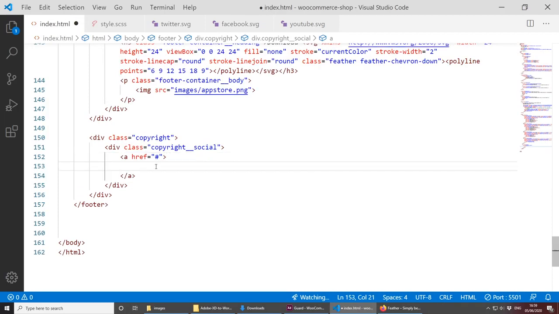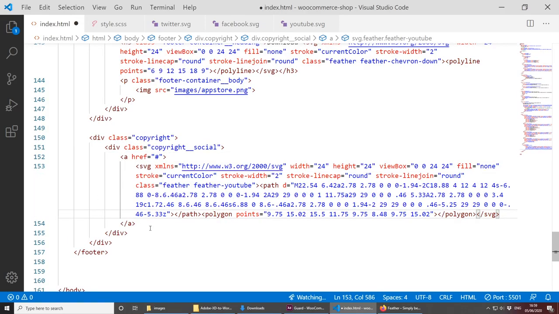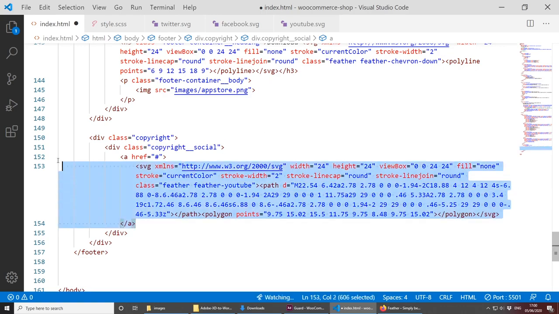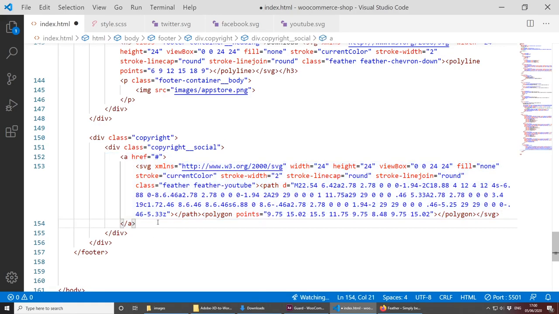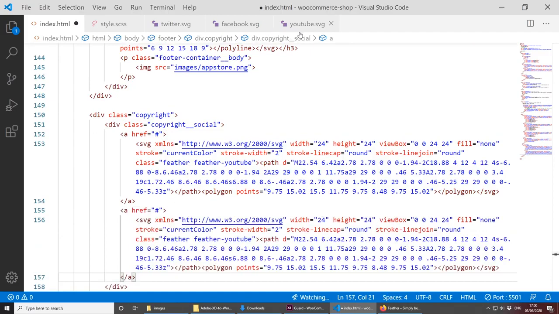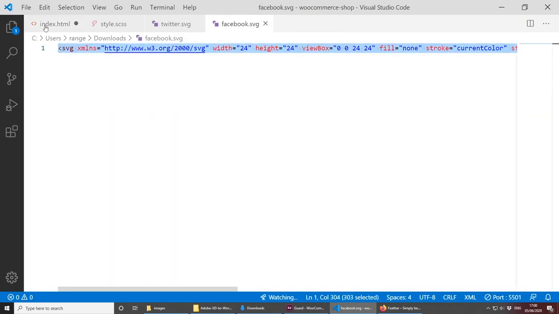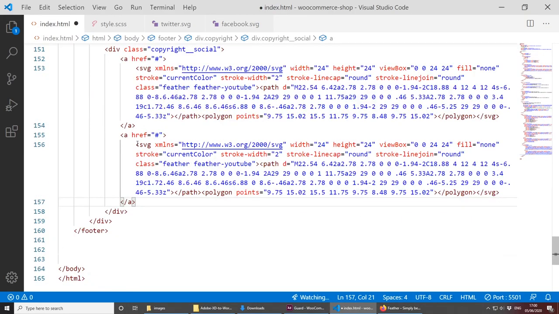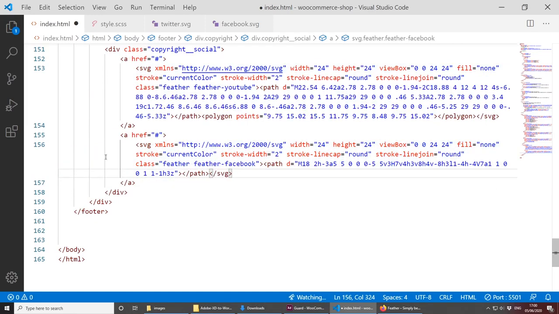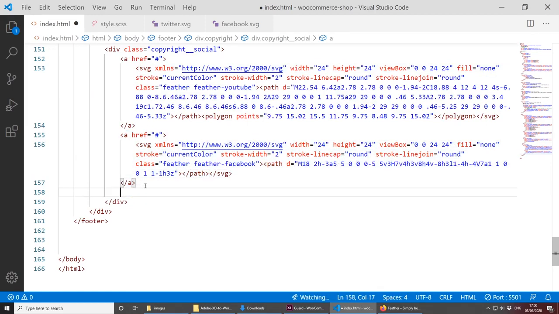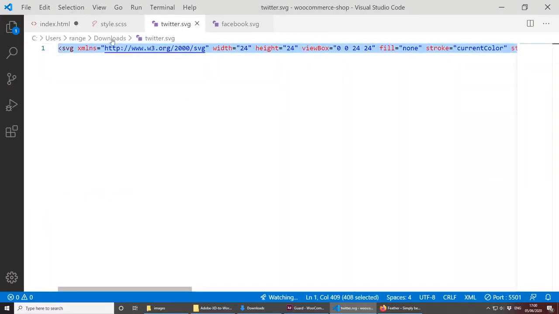I just don't like how big the SVGs are, but I am zoomed in quite a lot as well. So let's copy another one here. I copied YouTube, so let's have Facebook now. Facebook, and let's copy one more and add Twitter,